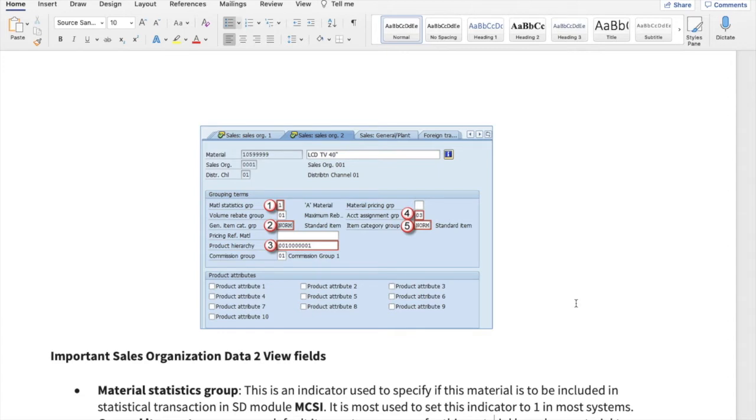Statistical informations are only to keep a tab that for that material, what quantity we have sold, what cost it has come. So in the CO module, when we do the internal cost of COGS calculation, those statistical informations are important actually. So if you want to maintain the statistical group, you have to put a figure over here.